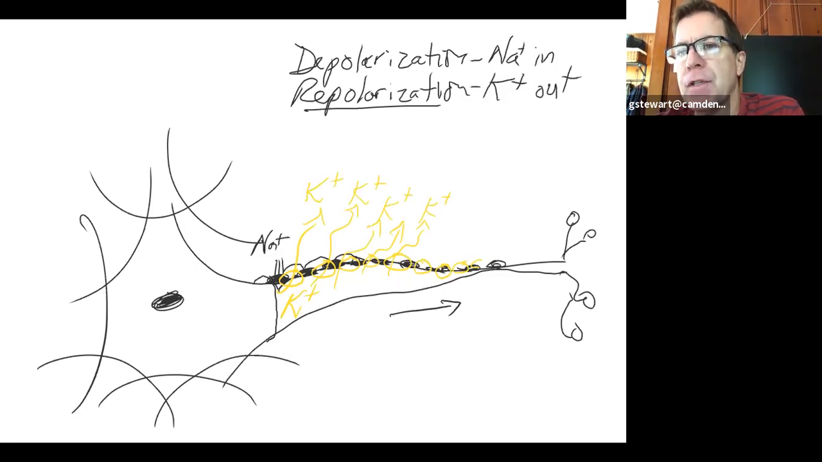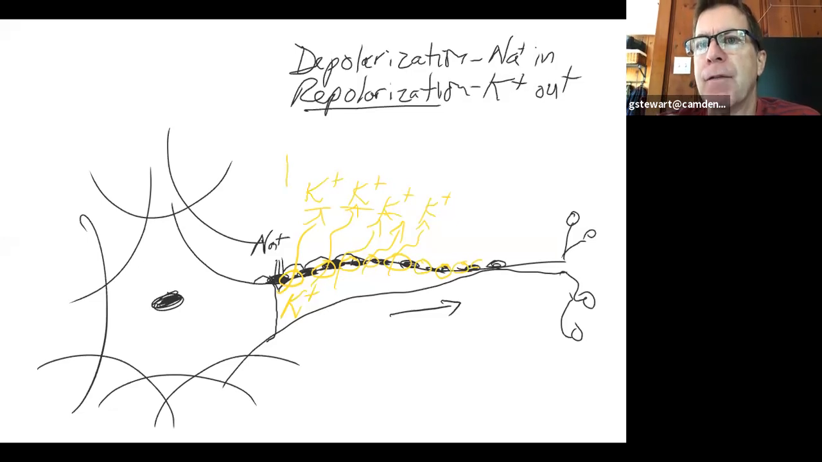And the behavior is the same. It happens in a linear fashion, one gate after another. As potassium ions rush out, so much potassium rushes out. Actually, volumetrically, so much potassium is out here now that it reestablishes the original polarity of positive out and negative in. So repolarization